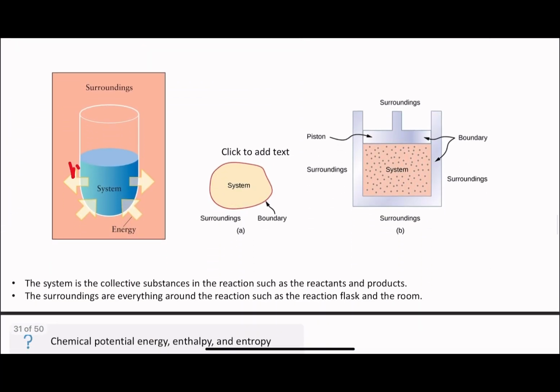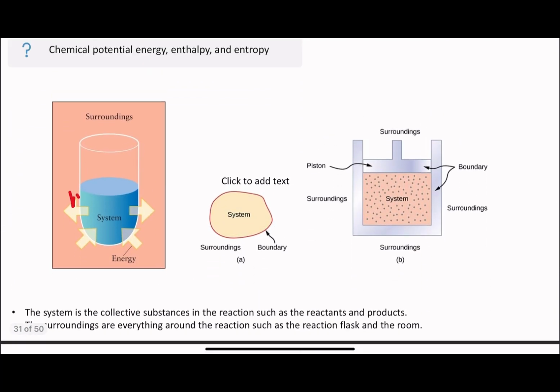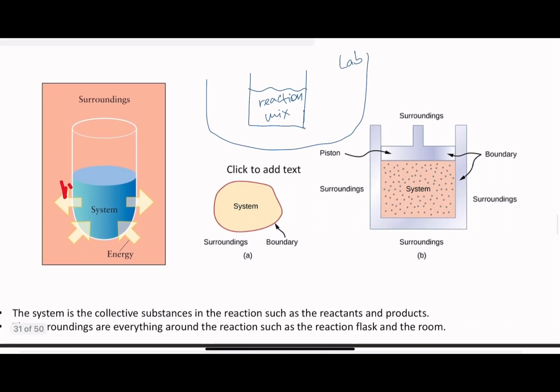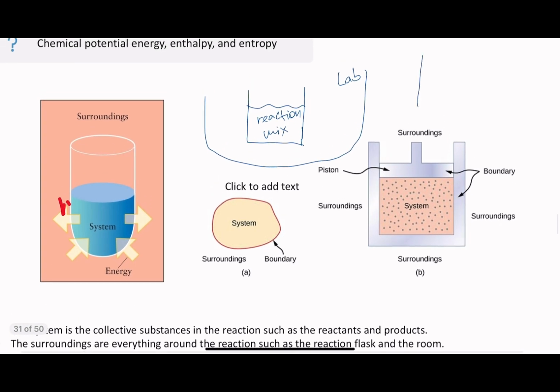Okay, and now we're going to talk about the system and surrounding. So most of the time in chemistry the system will be, let's say, our beaker, where we are holding a reaction mixture. This is going to be our system, and our surrounding is going to be our lab. So I gave you guys an example with the fridge, where I had a hot cup of water. It was releasing heat, and then I had this fridge,